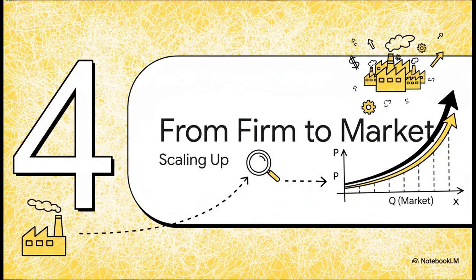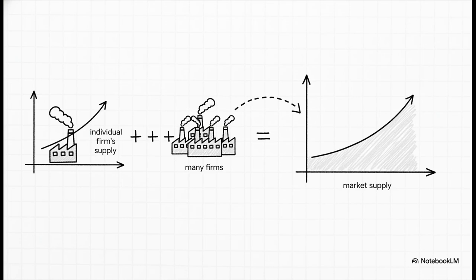Okay, we have spent a lot of time focused on a single firm. Now, let's zoom the camera out. How do the decisions of thousands of these individual firms add up to create the supply for the entire market? In the short run, where the number of firms is fixed, this is pretty simple. You take the supply curve for one firm, which we see in panel A. Then, to get the market supply in panel B, you just add up the quantities supplied by every single firm